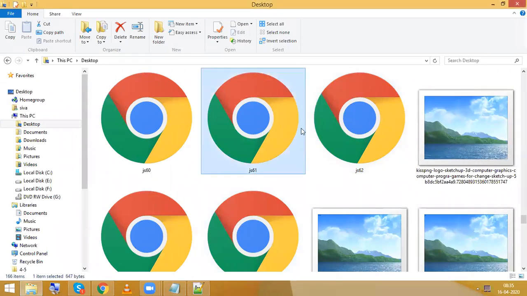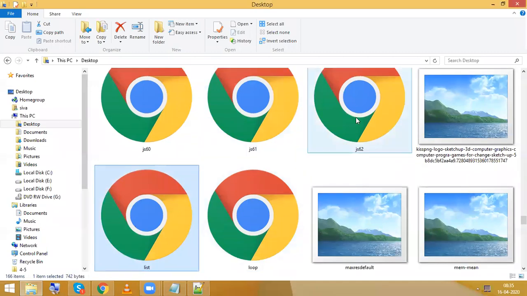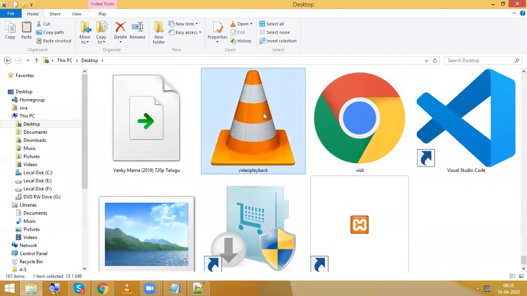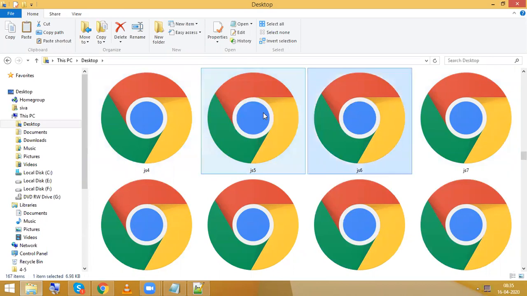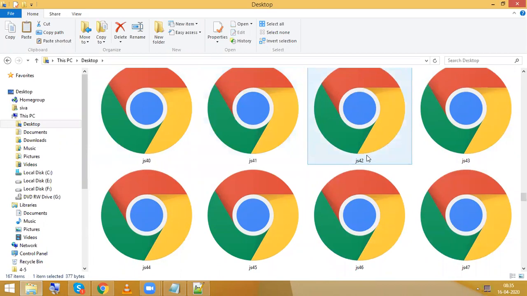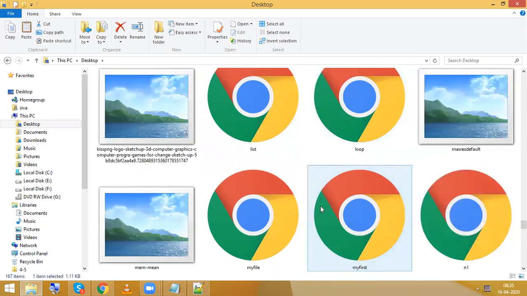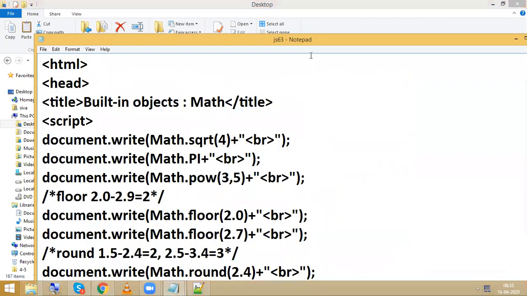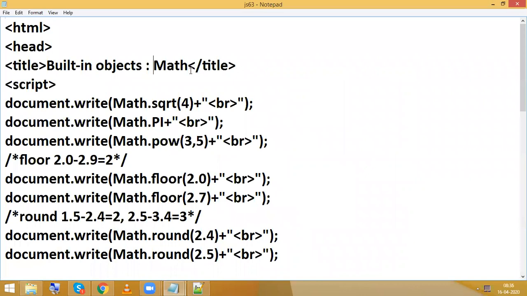Now here, JS62, just Control C, Control V. Now what we are going to do is a combination of array and Math object.